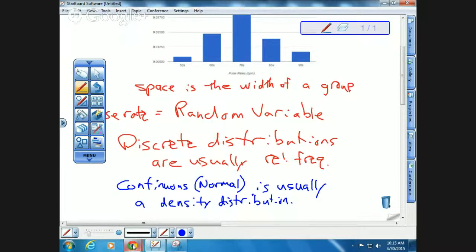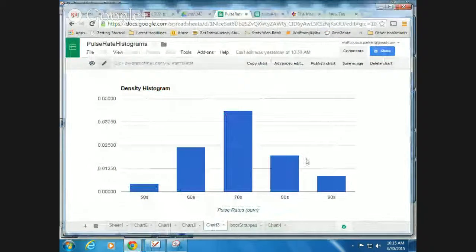So looking back here, if I want to turn a relative frequency histogram into a density, I just divide by the width of each group. Here I made the width easy, 10. It's easy to divide by 10. But the width could be 3 or 4 or 7 or 100 or 10,000. It just depends. If I'm given a density distribution and I want to convert back,